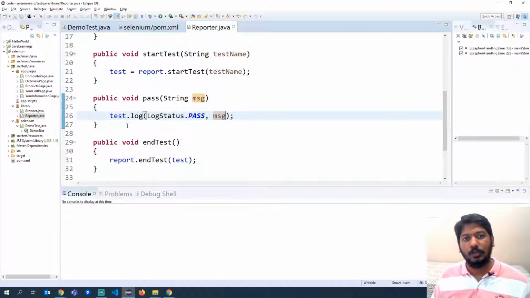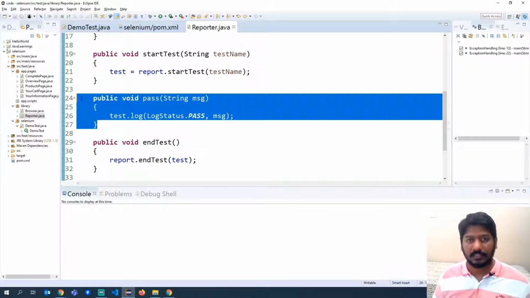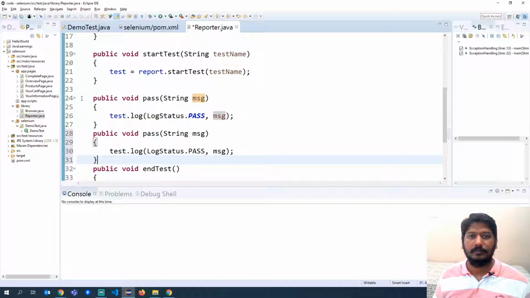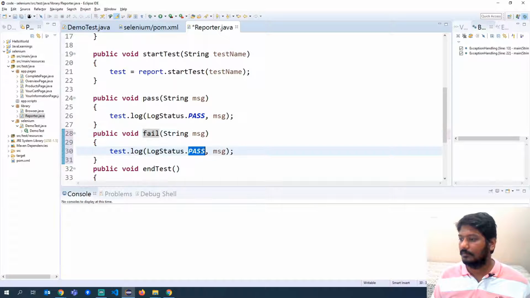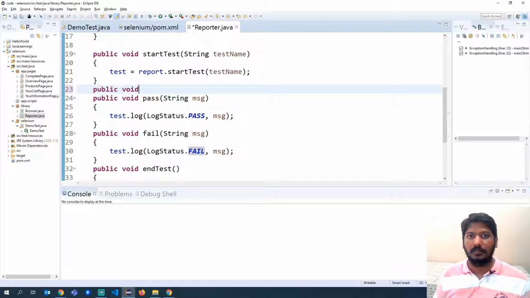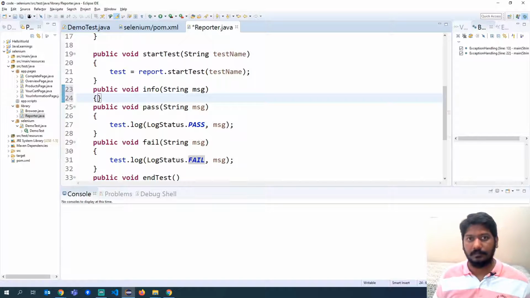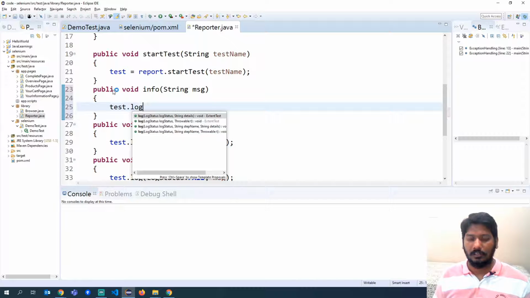Similarly, you will give for fail. I'm just copy pasting it. Fail. Okay, so these are the small methods. You can also add some additional info methods. I will show you that also. Public void info string message test.log.